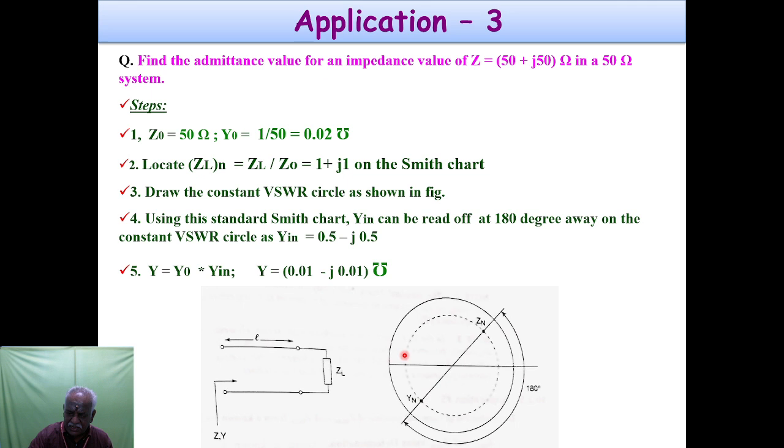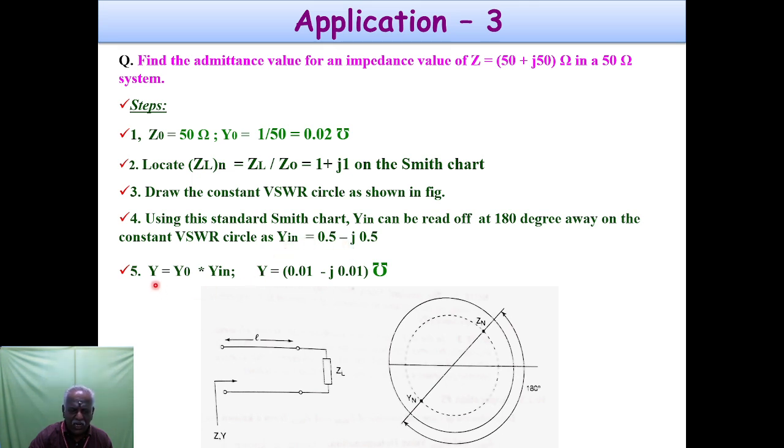Here it is the constant R circle, and for admittance it is the constant G circle, the conductance circle, and this is the susceptance circle. 0.5 minus j0.5: at the intersection of a constant G circle and a constant B circle, you get the input